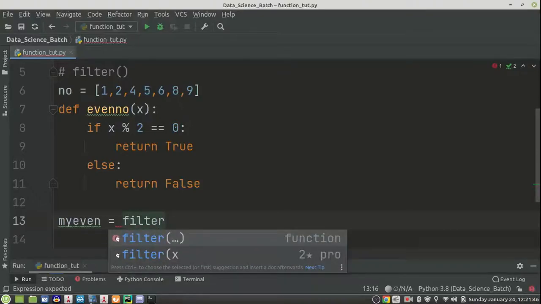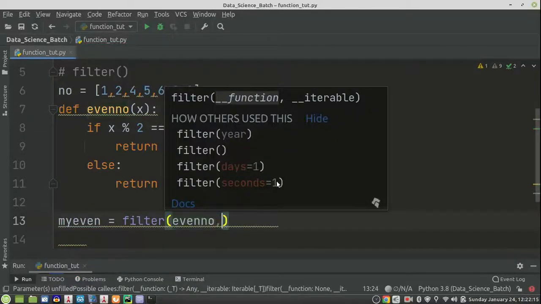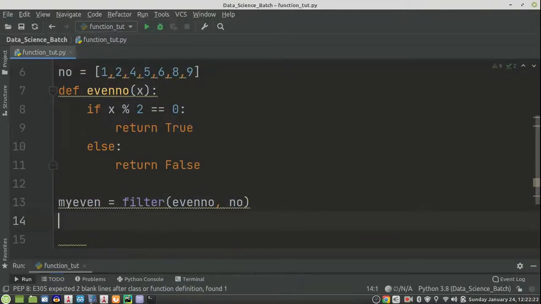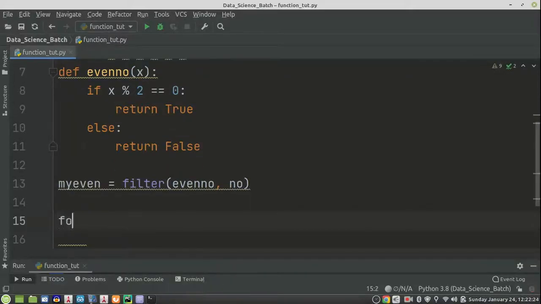The first argument is the function name, by which we are trying to filter out, and the second argument is the iterable, meaning the list or anything you can iterate. So I will write even number, and the second one is my iterable. Okay, now see the magic.